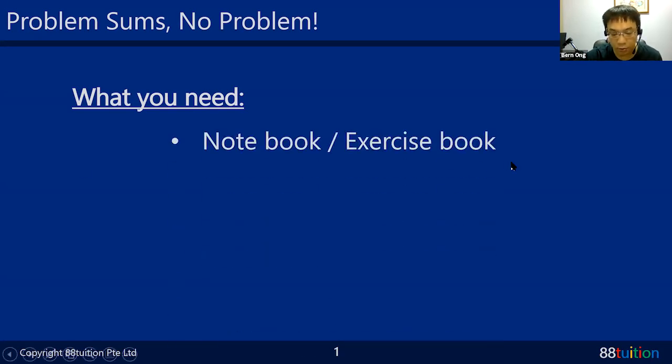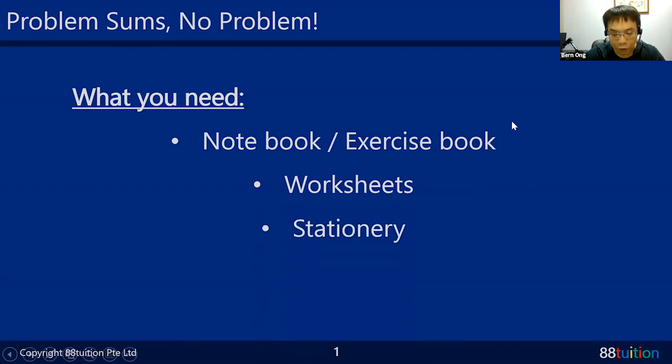So what you need, for those new students, hi, my name is Ben Ong. You need some exercise books, some notebooks, and the worksheet. The worksheet has already been placed on our website. If you can, please download it, and better still, print it out. It's in color, I think. It looks brighter, right? The worksheet looks nice, right? I designed it actually. Down here, stationery also, if you have some colored pens, will be good for you. And also your most important friend, your only friend in your examination hall, which is your calculator.